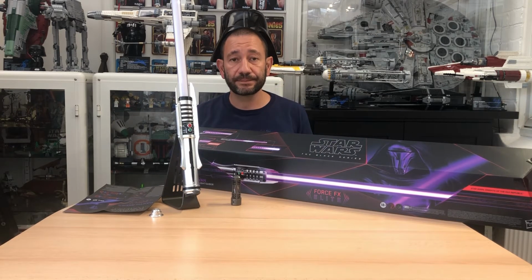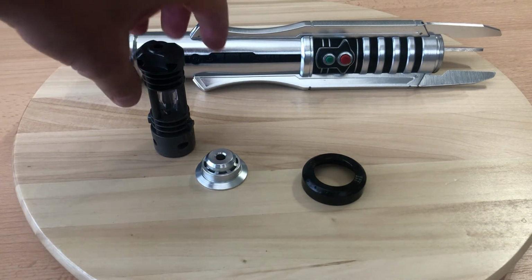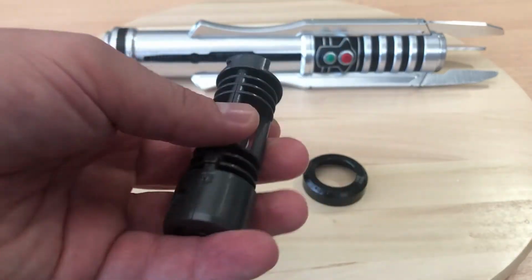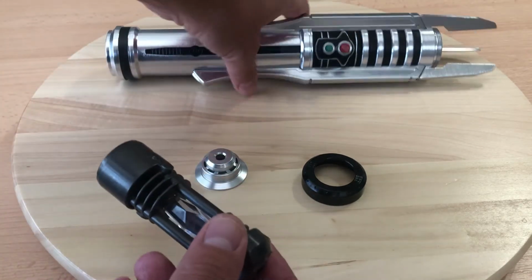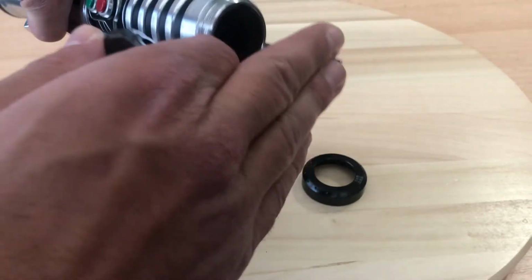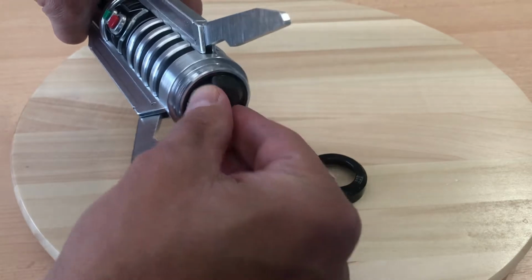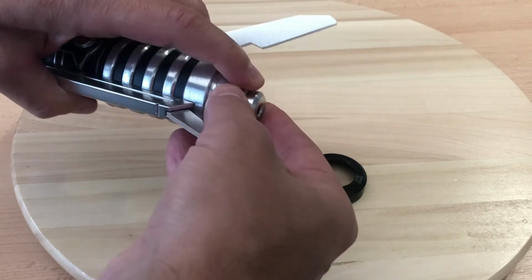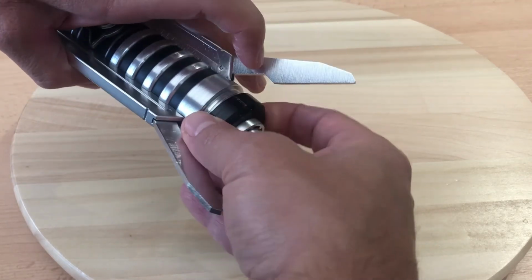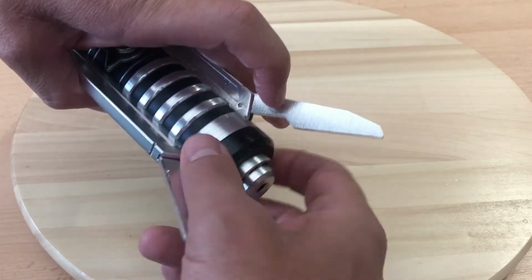Let's have a little closer look. So having a closer look, this is the crystal as such. It doesn't go inside the hilt at the same time as the blade, so it is completely separate usage. But literally this just pops in the same way the blade does. You've got the big notch and a little notch, so that will literally just go in, push, twist. This will sit on the top, and then that just screws over that. Now if I turn it on,